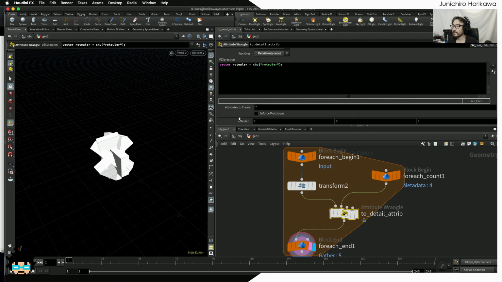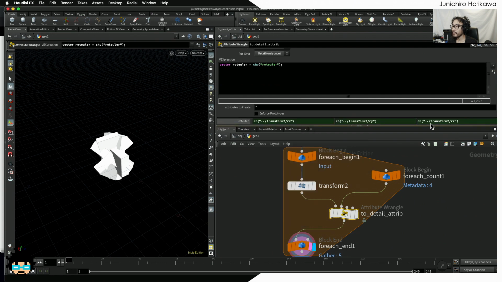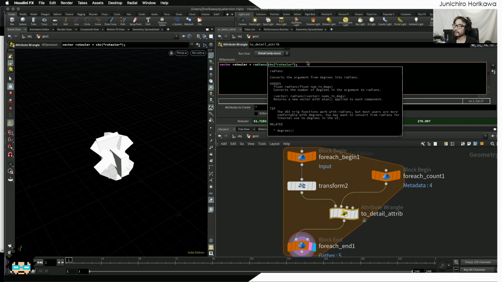And let's just paste what I have just copied from the transform node like this. And now next thing I'd like to do is to convert this into radians first. So radians,